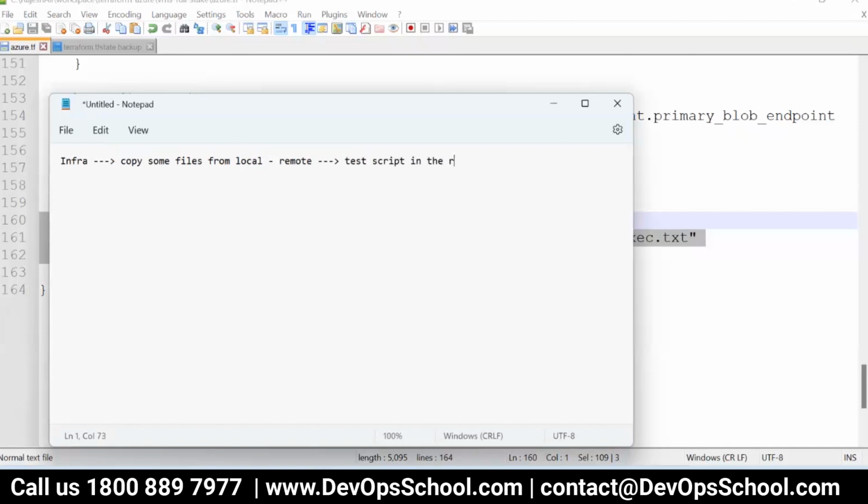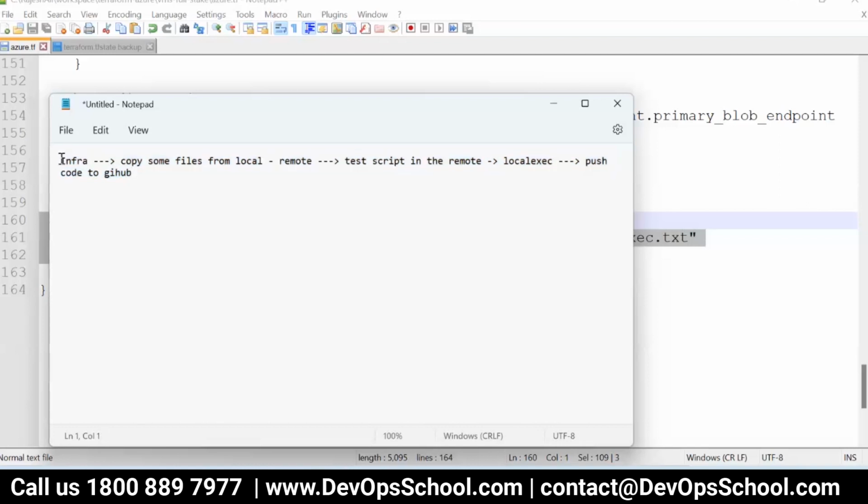Based on the output, if it passes, then you call local exec, which will push the code to GitHub. So if you are sure about it, testing everything should be automated.